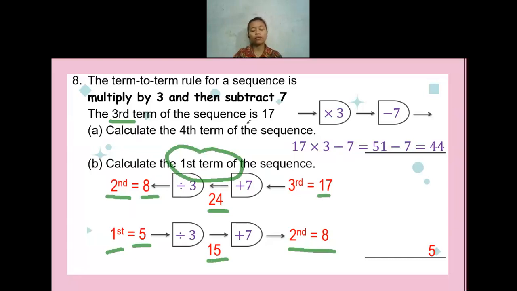Is there anyone having any question, or maybe I talk too fast or anything? For question 8, is there anyone having any question? Hello? No question for sure? Okay, if you have no question, I will move to question 9. Let me know whenever you have any question. Do not keep being quiet.